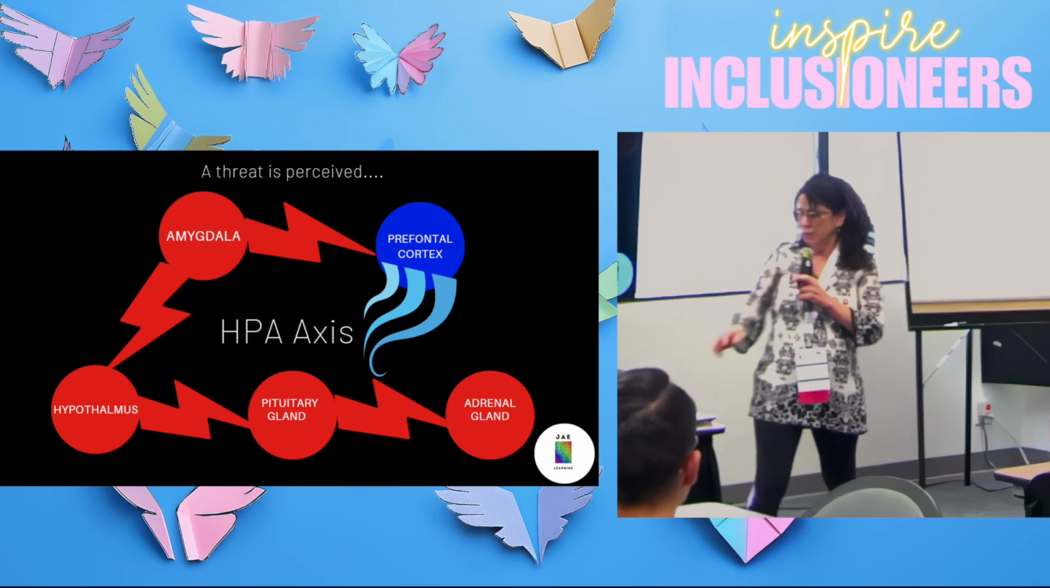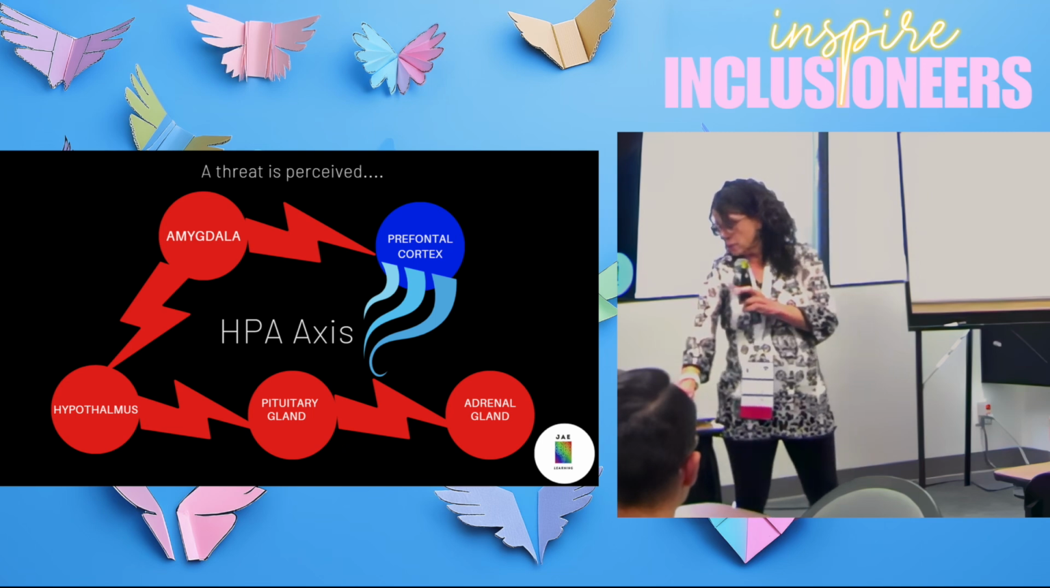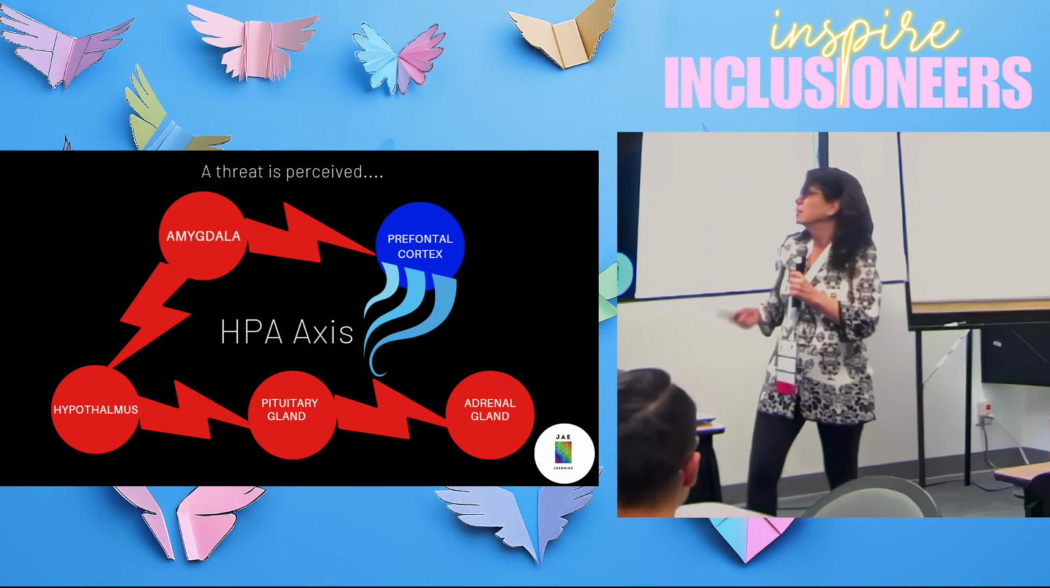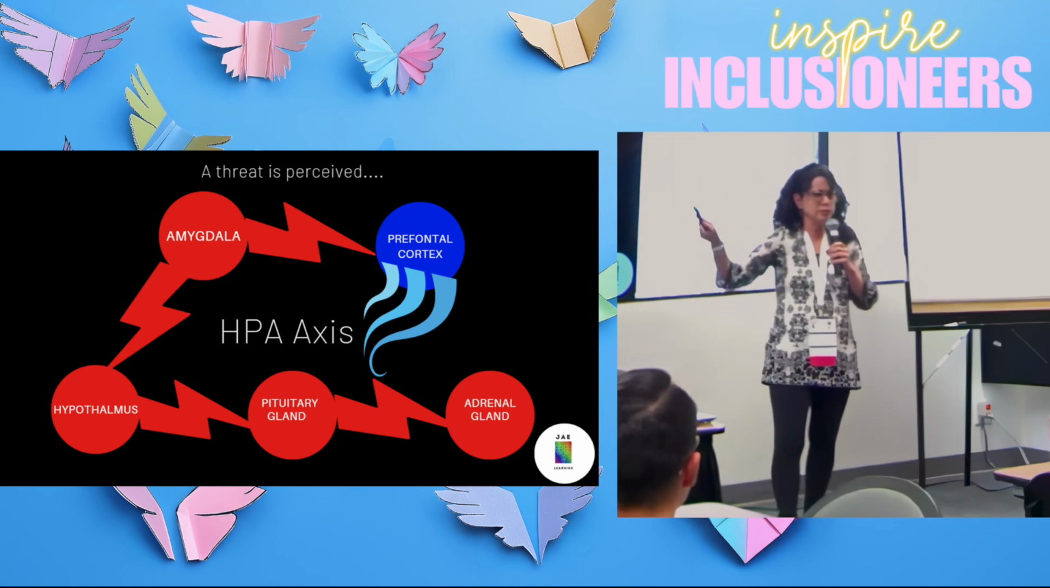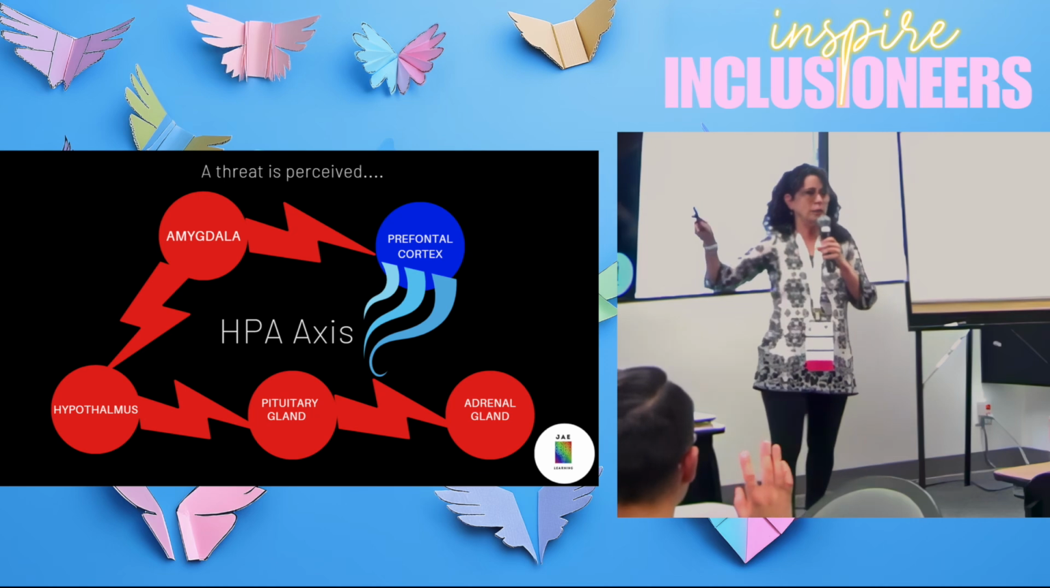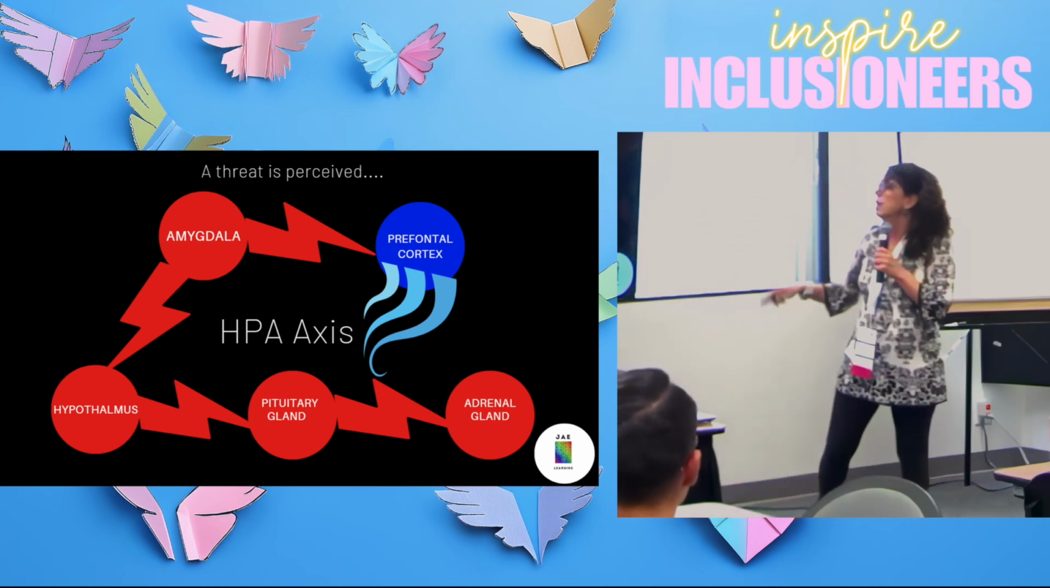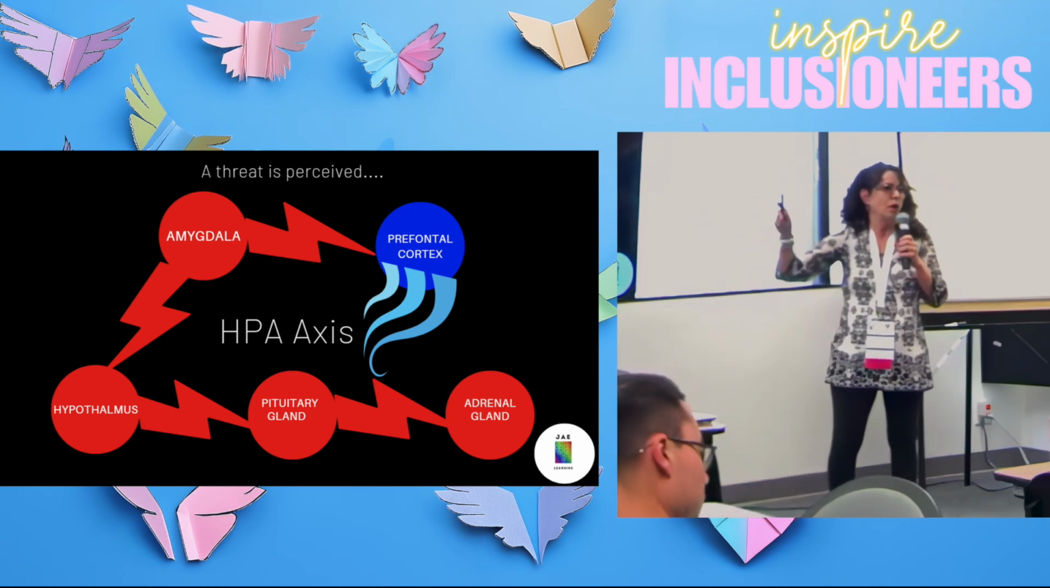All right. And the reason why is the neurological reason behind this, right? And this is called the HPA axis. And how many of you are familiar with this? Oh, good. A couple of you. Great. So basically, this is how your